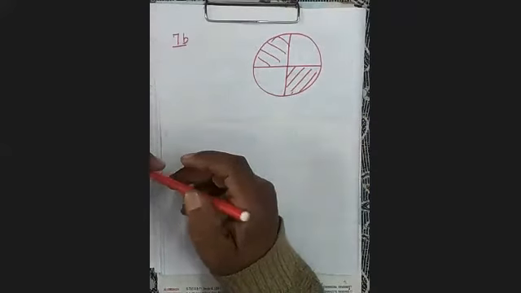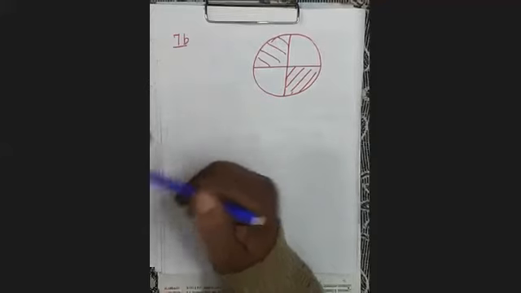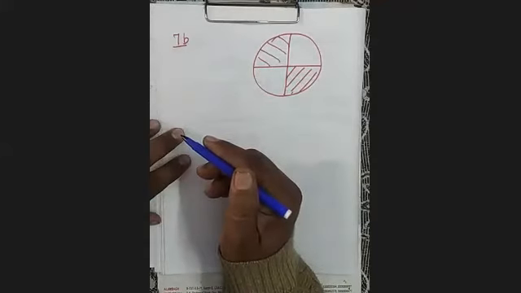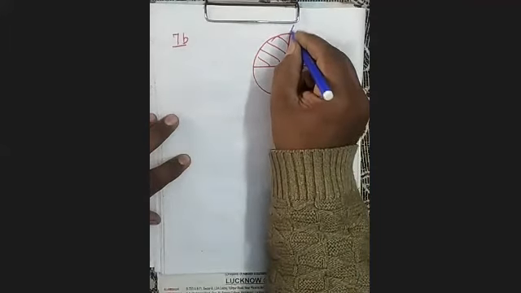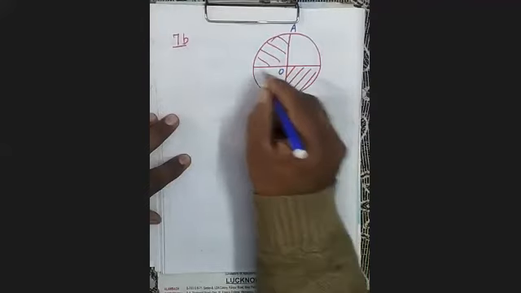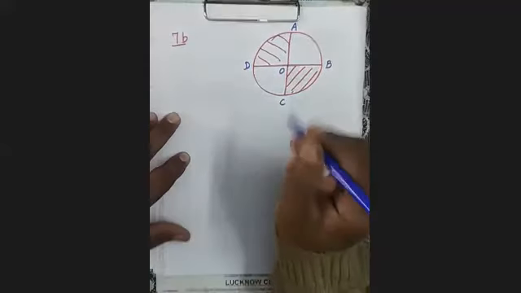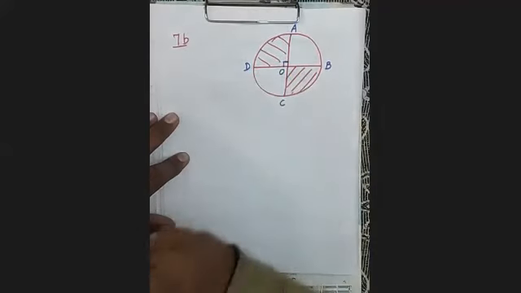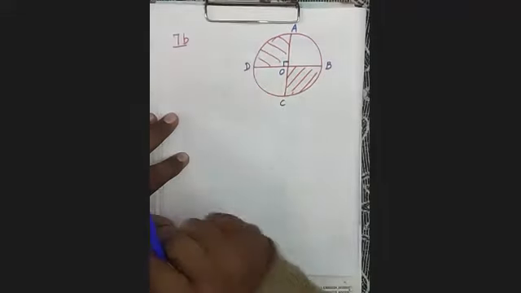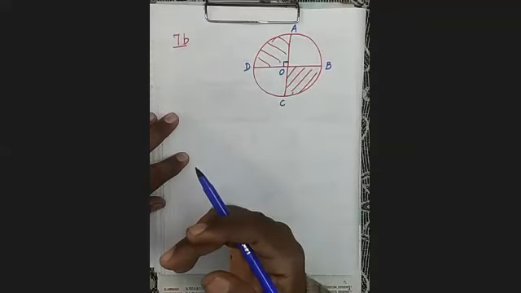Now you can see here in the second figure given below, AC and BD are two perpendicular diameters of the circle. This is AC and this is BD. Perpendicular diameters always intersect at the center. परपेंडिकुलर डायमीटर्स हरदम कहां से कट करते हैं, सेंटर पर, तो ओ क्या हो जाएगा, सेंटर. Here the center is already given in the question.